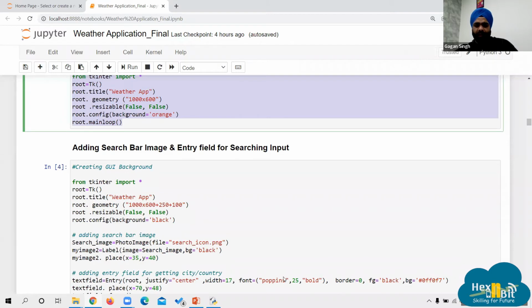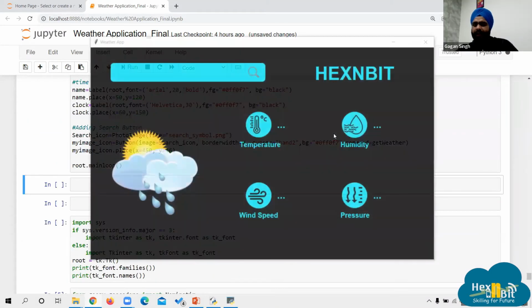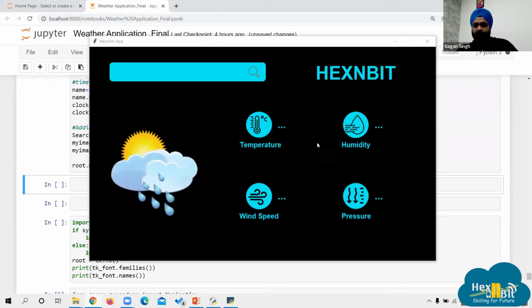Just give me a second. We will be creating this sort of GUI. I will teach you step by step how to make it. In this, the background of the screen is black and the rest of the things we are going to add one by one.